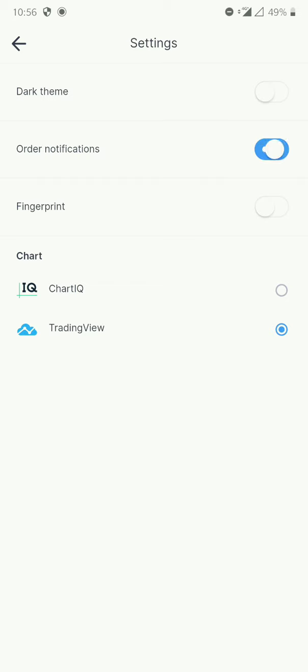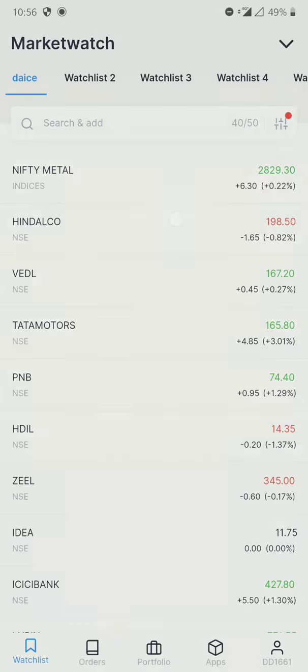And also you can click on this order notifications. So a few people would have put a buy of a stock. Example, see Hindalco is 198 right now. So at 200 you have put a buy. So if the stock touches 200 and your buy is triggered, automatically you get a notification like your other apps. Your mobile will get a notification from this Kite app, so that you'll get to know that yes, my order has been executed. Or else if you put an exit target, when the target hits, you will get a notification.